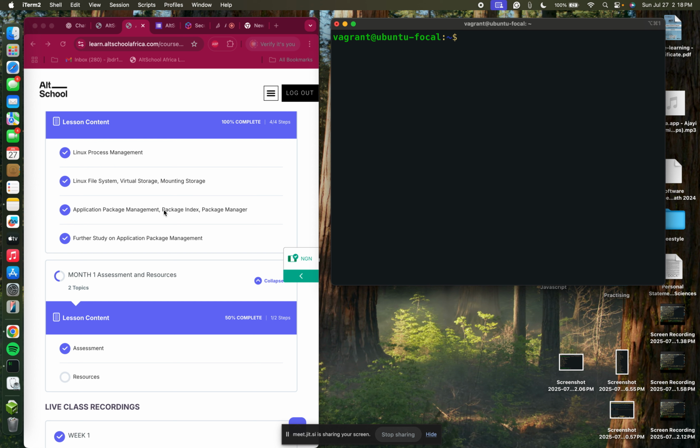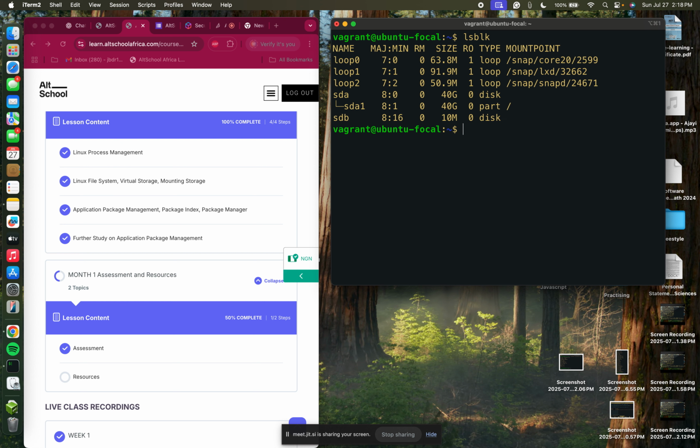Then we have now, this is the interesting part. Okay, we have the virtual storage. So you see this one, I have a flash that I wanted to use to demonstrate to us, but that flash is not working for reasons best known to the flash alone. So you see, file system, virtual storage, and mounting storage, again, is just big English, to be honest. File system means where or how our